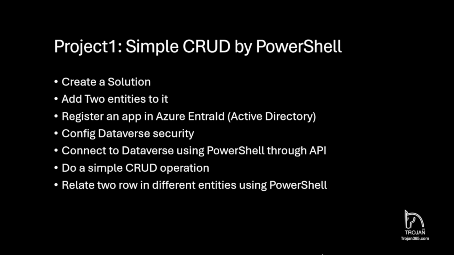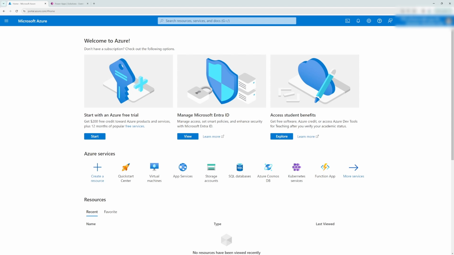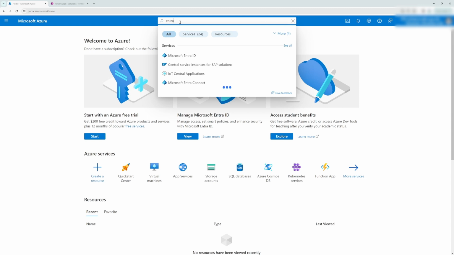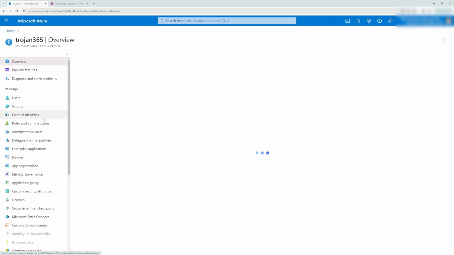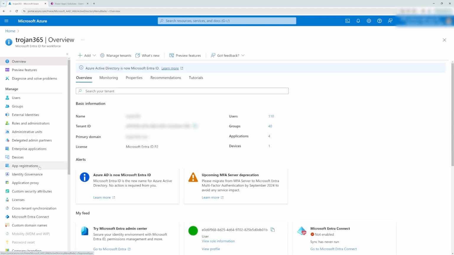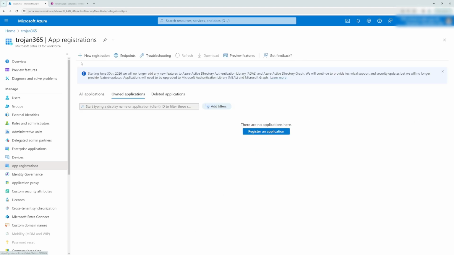Now we go back to the third step, which is registering an application in Azure Entra ID. Great. To register an application in Azure Active Directory or Azure Entra ID, you should come to the portal.azure.com. Either search for Entra ID here, Microsoft Entra ID, and you will be navigated to the Entra ID menu, and then you can just press the register application here, app registrations, and create a new application here, new registration, or